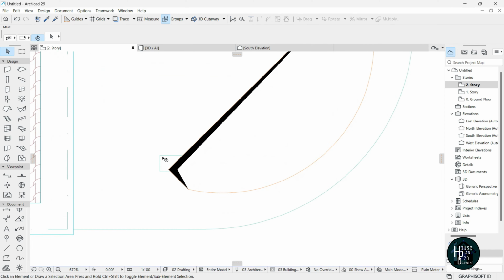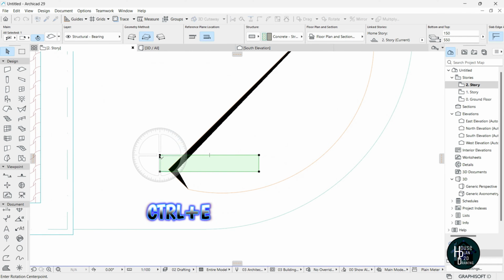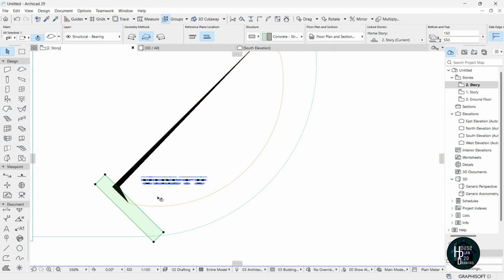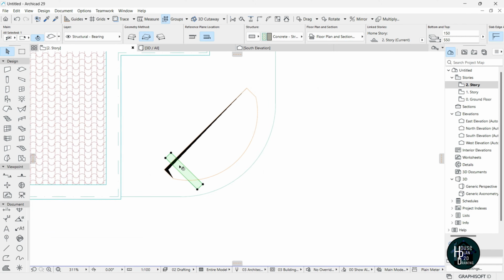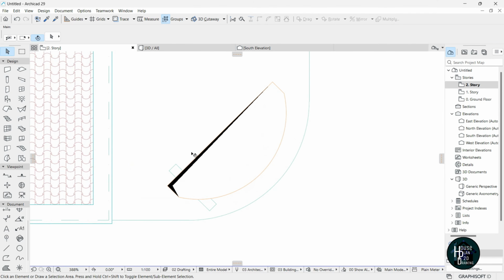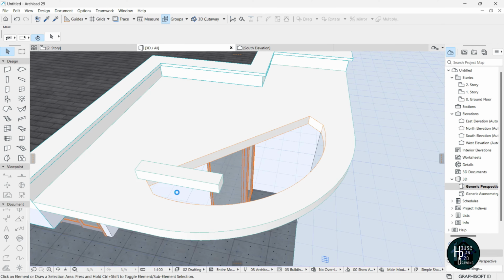As you can see, we have the shape here, so click this, press Ctrl E on your keyboard, and let's try and just rotate it like this. Press Ctrl D again and just try and place it like this. Okay, so now what we want to do next is just go to the 3D model and try and